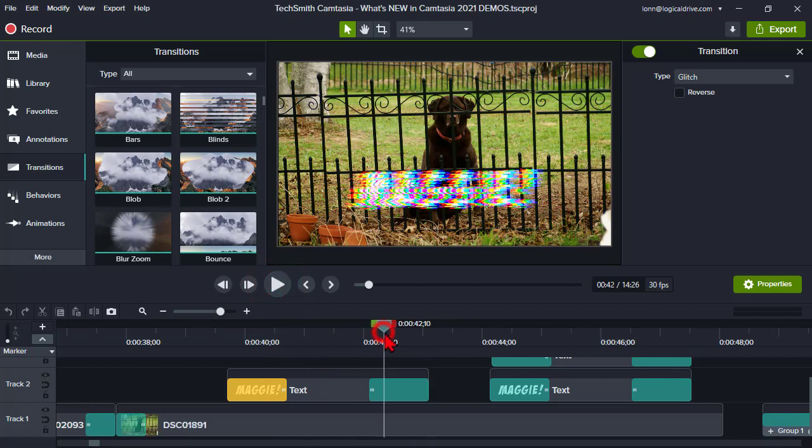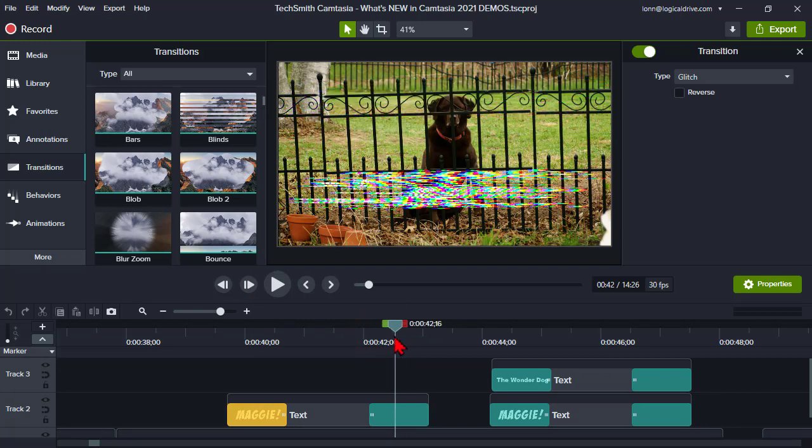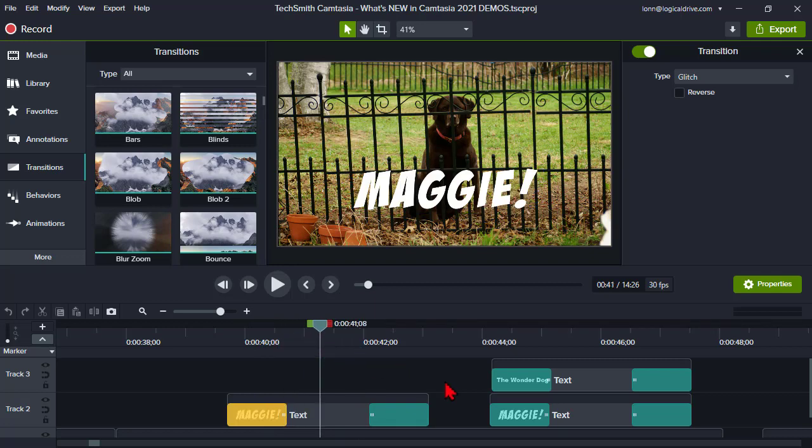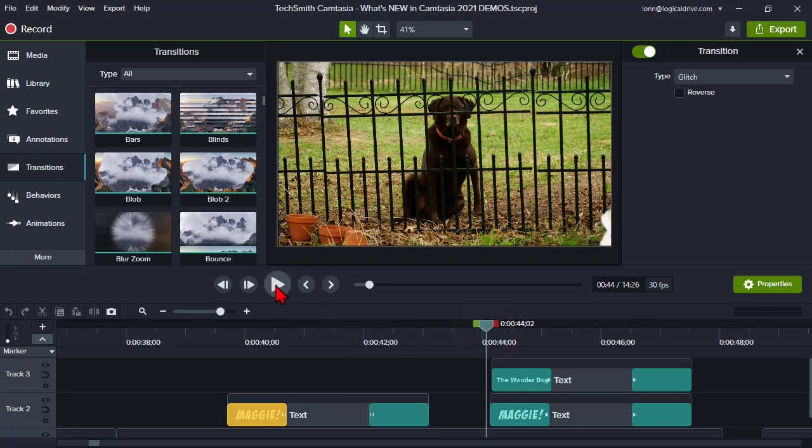Right? So you can get a really interesting animation effect. This one happens to be the glitch transition. And you can add transition effects like this to all kinds of assets. Here's another example of one that I kind of like. Which one is this? This is glass triangles,